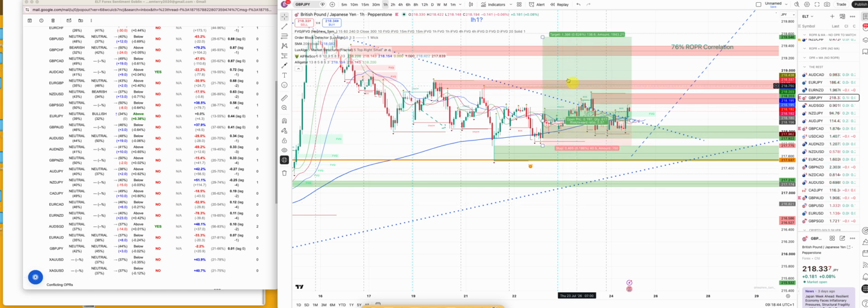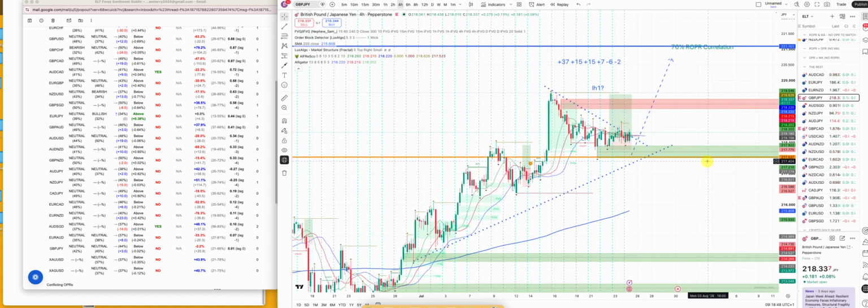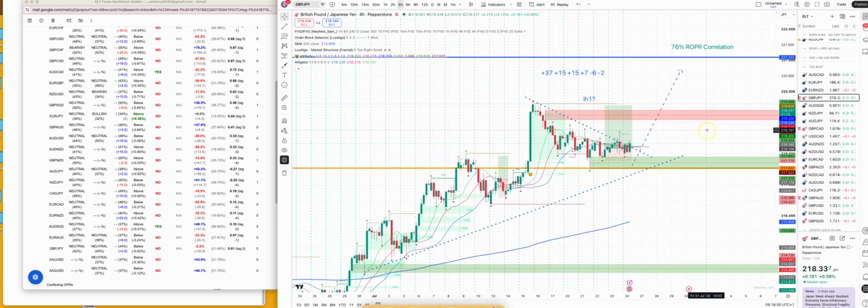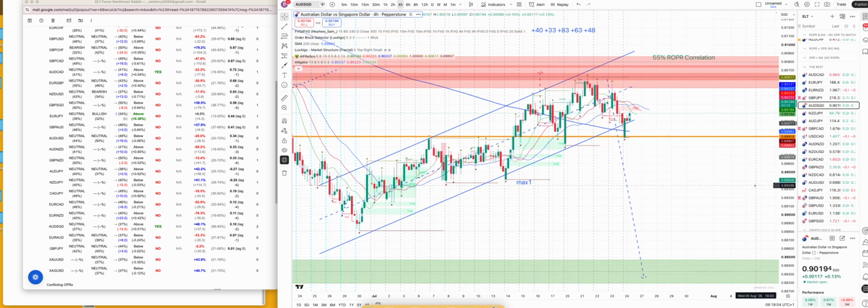Anyway, that's the trade. I wouldn't recommend taking it now. This is not trade advice to take a trade. This is just possibilities. It's in profit slightly at the moment, but yeah, it would need to be a better signal for me than that. Aussie Singapore,